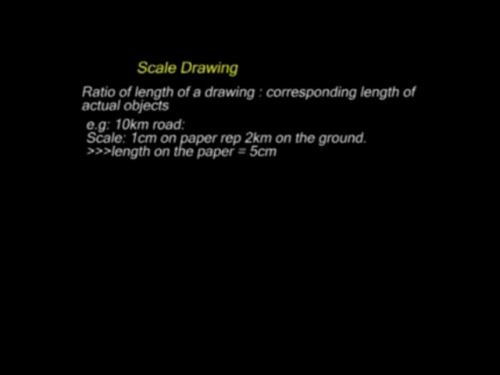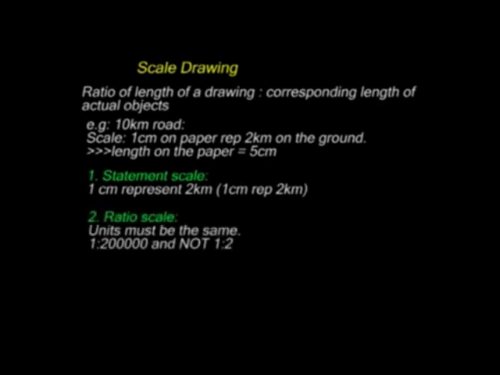Types of scales. There are 3 types of scales. The first one is a statement scale, and this is rather straightforward. Like the one we've just stated, 1 centimeter represents 2 kilometers, or sometimes we write 1 centimeter → 2 kilometers. The second type of scale is a ratio scale, and here you need to be more careful